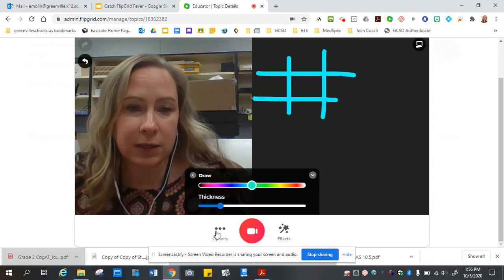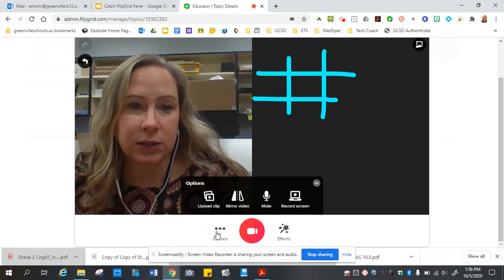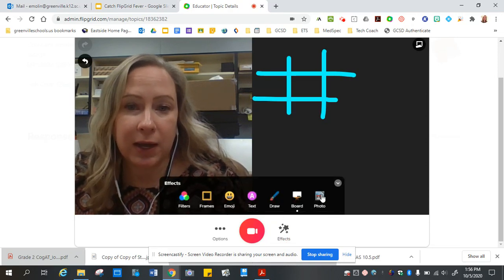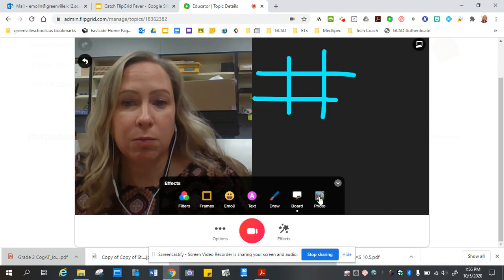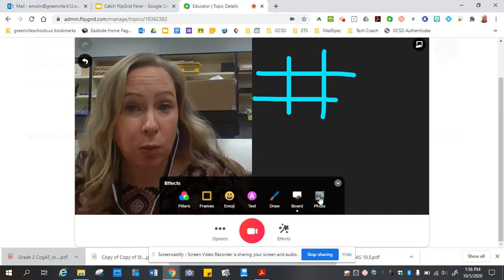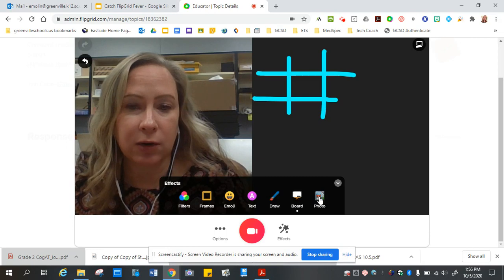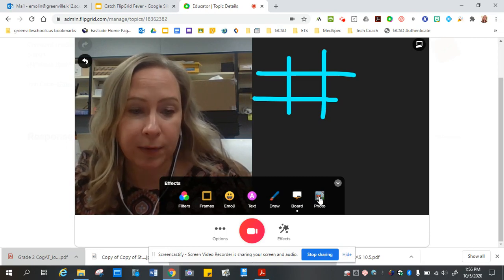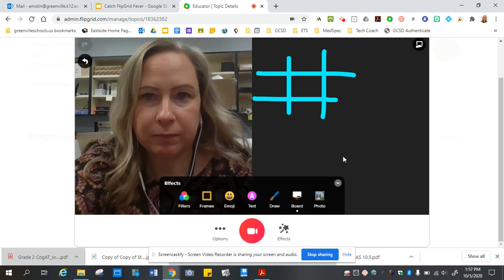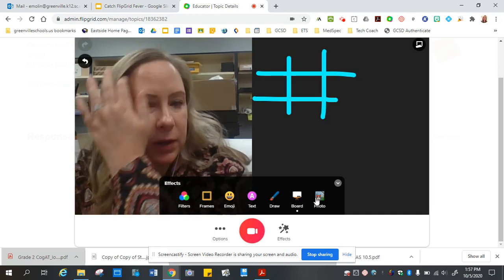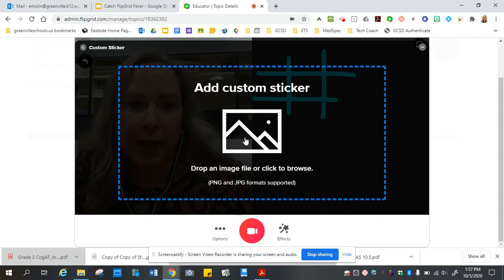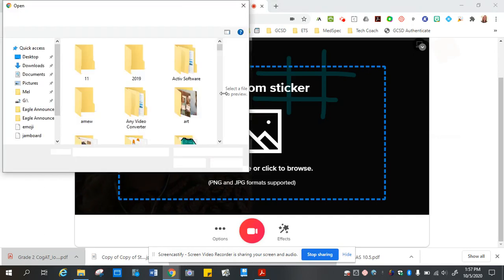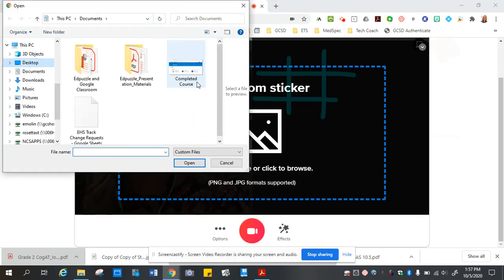Another idea to demonstrate their knowledge is to actually add under the effects a photo, and it doesn't have to be a photo, it could be an image of anything. So maybe they take a photo of their homework and they are demonstrating their knowledge on how to solve a certain problem. So again, something you may want to alert your kids to, this is not just a traditional photo. They could grab, for example, this math graph that I have here saved on my desktop,